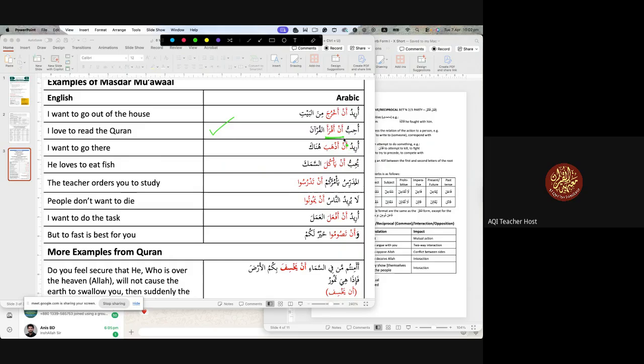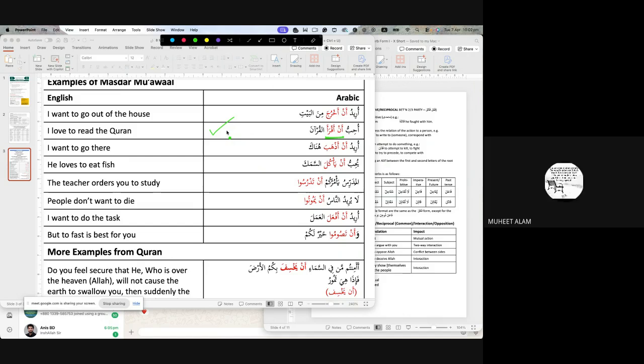We just focus on the main theme, Masdar Muawwal. Through you, I would like to just remind everyone: can you tell us how we have got this word appearing as aqra'a? What was the root? What was the madi? And how has it come here? It's a test. I know 50% of these module 2 students might fail, but let us just remind everyone.